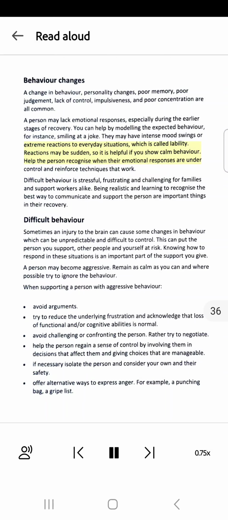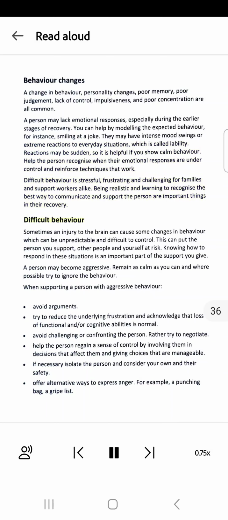Help the person recognize when their emotional responses are under control and reinforce techniques that work. Difficult behavior is stressful, frustrating and challenging for families and support workers alike. Being realistic and learning to recognize the best way to communicate and support the person are important things in their